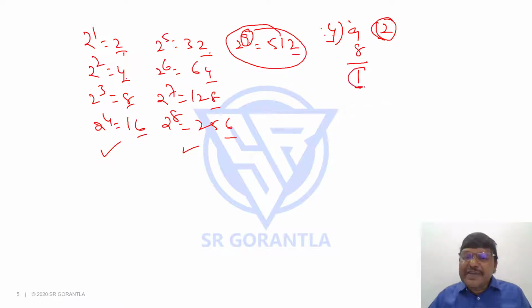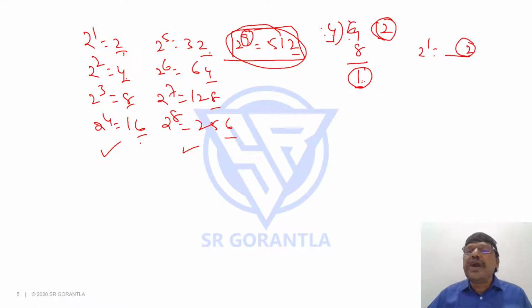So this 1 tells me, students, 2 rounds are gone. This 1 tells me in the new round you are at the first place. So if the remainder is 1, 2 power 1's unit place will be my answer. What is 2 power 1? 2. So 2 power 9's unit place is the same as 2 power 1's unit place. Yes or no? That's it.